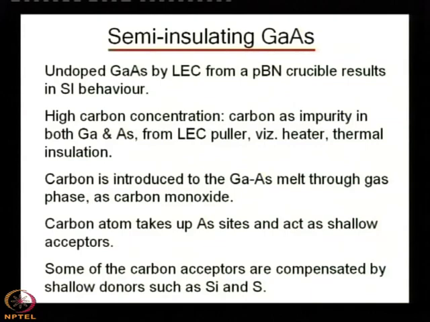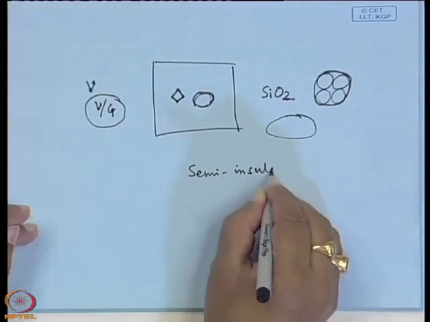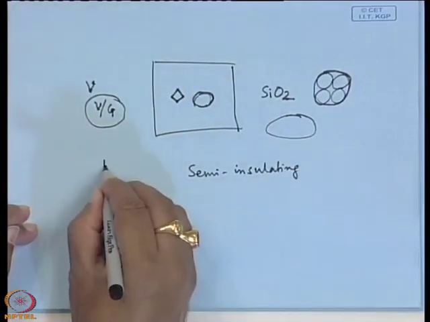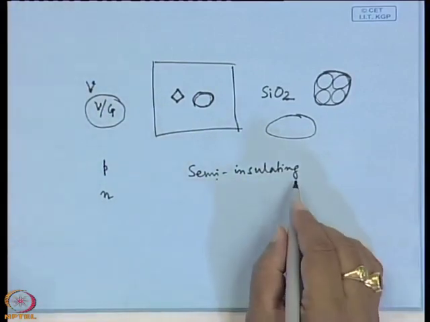and P type gallium arsenide, there is another type of gallium arsenide which is known as semi insulating gallium arsenide. We have discussed this thing a little bit in my last lecture. So, we have P type, we have N type and we have semi insulating type, which is not seen in the case of silicon. So far as silicon is concerned or germanium is concerned, there is no semi insulating type of